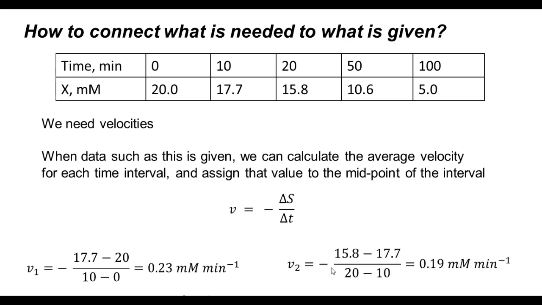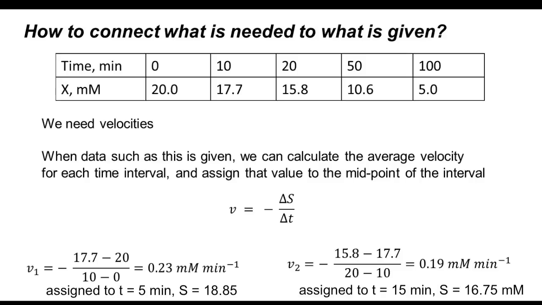Then V2 is between this and this, 15.8 minus 17.7, over 20 minus 10, the negative of the whole thing. That turns out to be 0.19 millimole per minute, and we need to assign it to the midpoint, even the substrate concentration there, because we are plotting 1 by V versus 1 by S here. Okay. So the midpoint of 10 and 20 minutes is 15 minutes, and the midpoint,